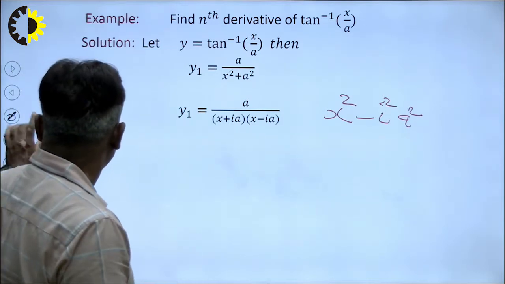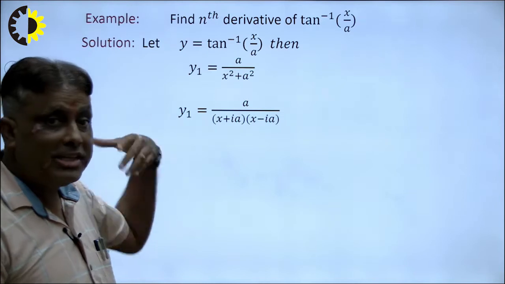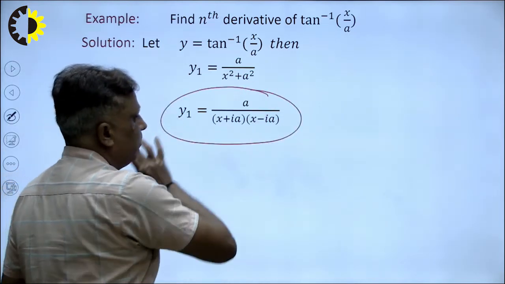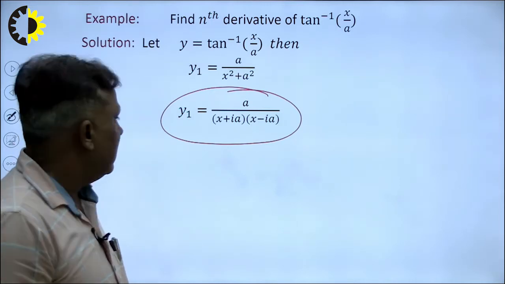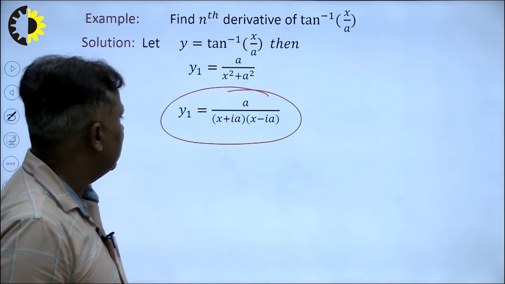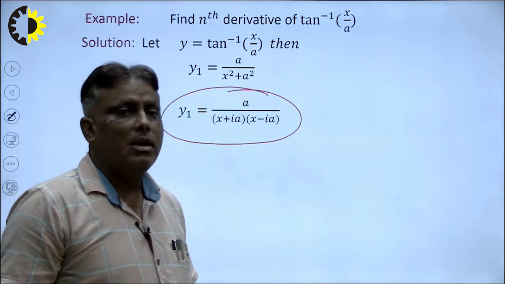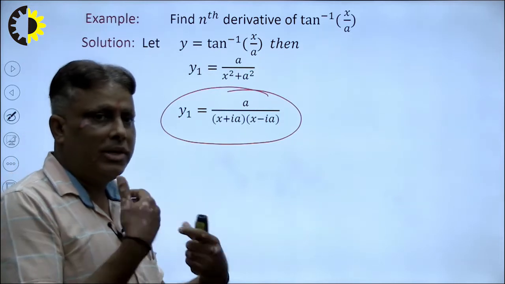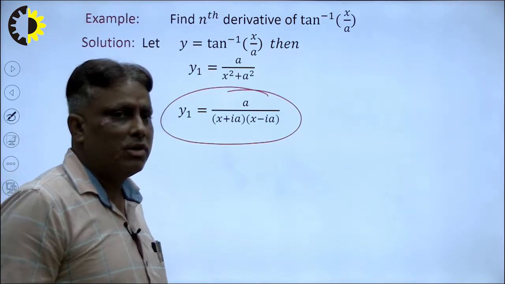Now the question is how to reduce it, how to detect it as a linear form separately, because there are two functions together. I want to say that this function may be separated. How? There are two methods: first is the hit and trial method and second is the partial fraction method. How to do hit and trial? If you know the hit and trial method, you save time in the examination.